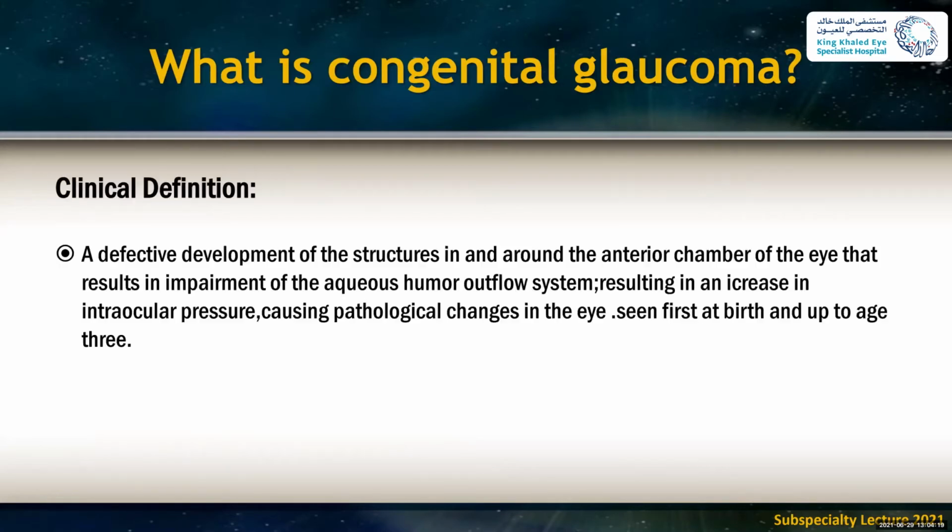So the definition, congenital glaucoma is defined as a defective development of structures in and around the anterior chamber angle that result in impairment of the aqueous humor flow, resulting in an increase in the intraocular pressure, giving us what we see as clinical findings: ophthalmos, large cornea,